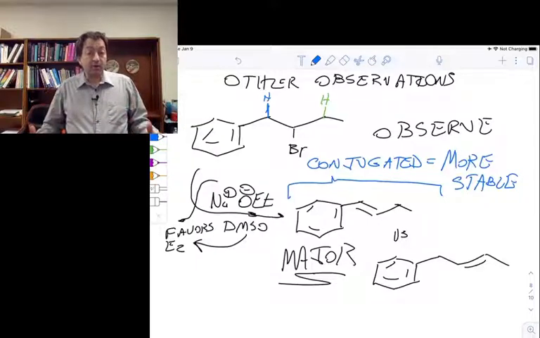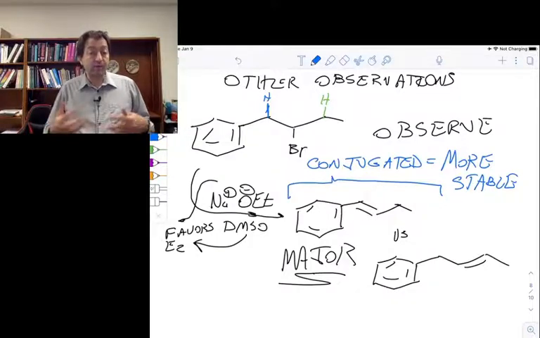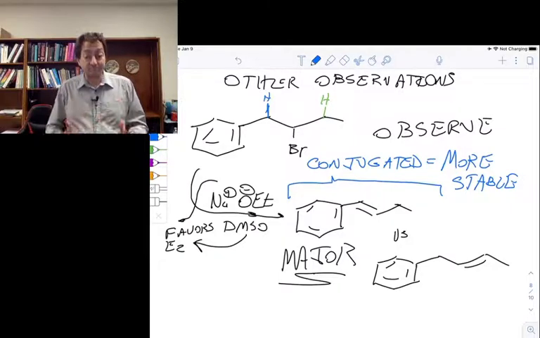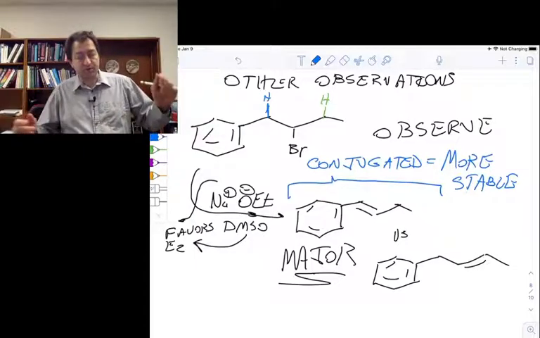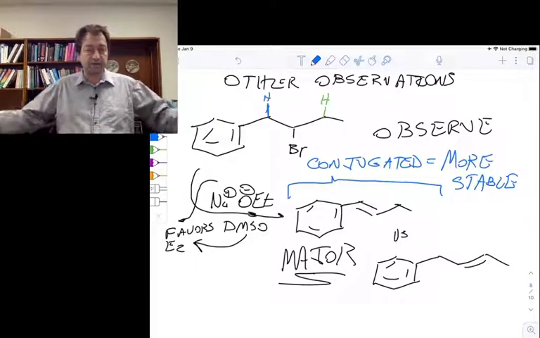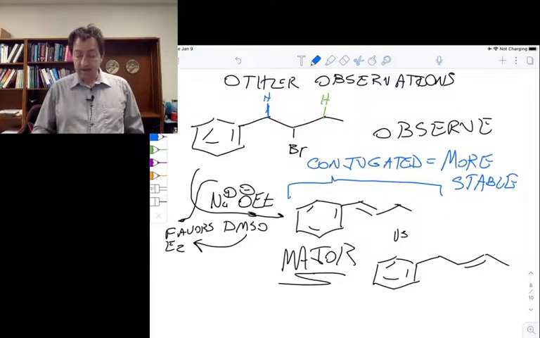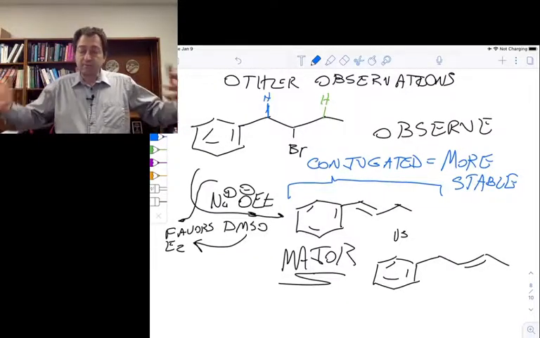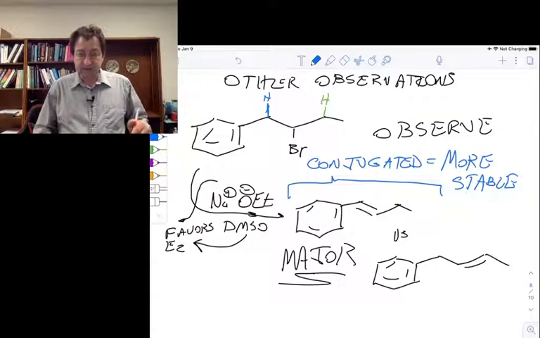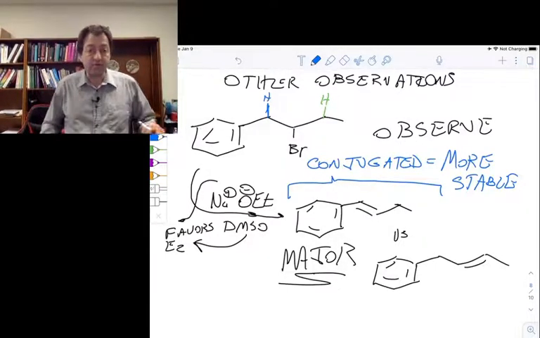And so given the choice, under conditions that would favor the E2 reaction, we make the more stable product, which is the product that has that in conjugation, depending on what the other substituents are, but that can be as much as 20 to 30 kilojoules per mole of extra stability that influences the outcome of these E2 elimination reactions. And every so often we'll see when we talk about the unimolecular process it can influence the outcome of the E1 reactions. So the relative stability of the double bonds has a significant influence on the overall outcome